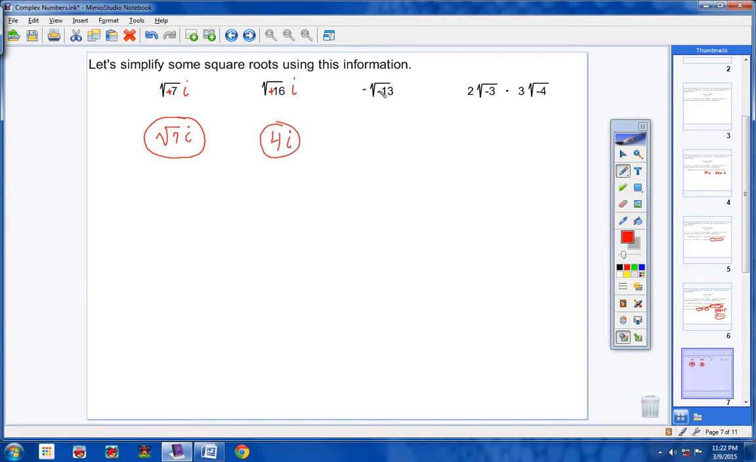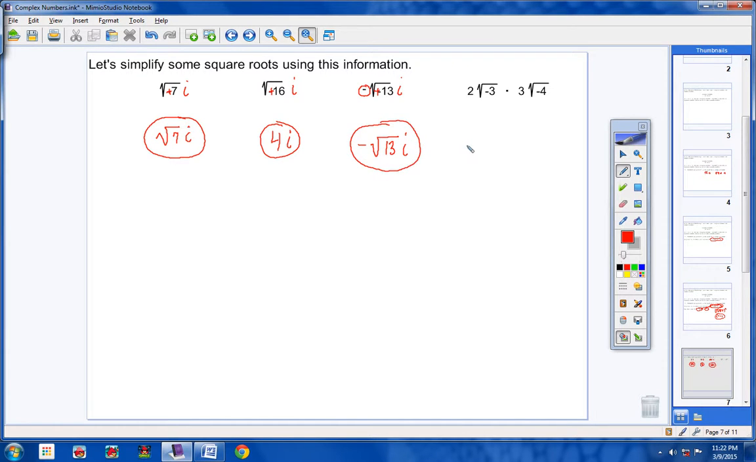First of all, we have a square root of a negative number. So make it positive and put an i on the outside. Got it? Well, the negative just stays here. There's nothing you can do with this negative. So your final answer is negative square root of 13 i. Okay? Alright. Now,